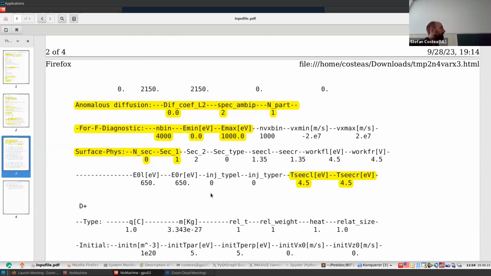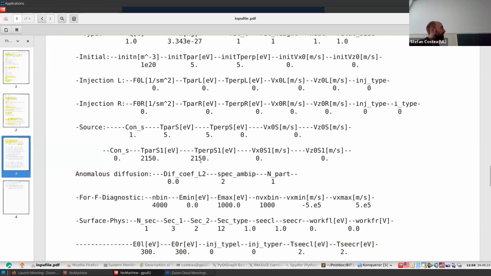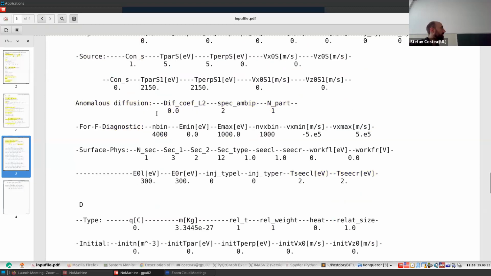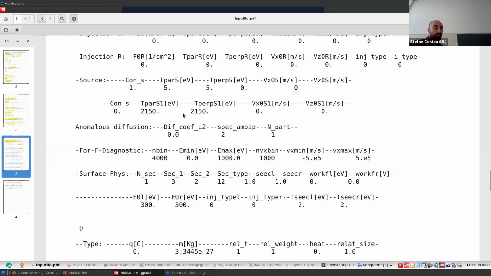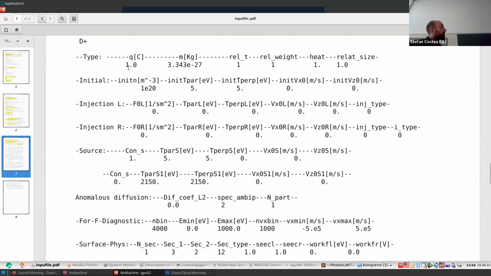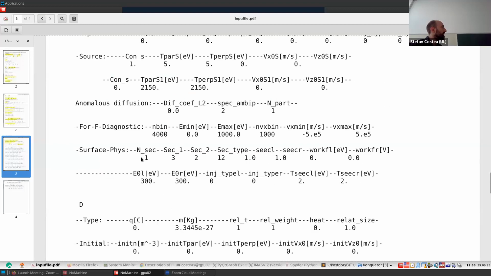If I go to the ions, of course, charge is 1, not -1, but 1. The mass of the ion, we can put here relative time 20 because it's much slower. You can give the energy in the source again, but if I go to the recycling, surface physics, so this